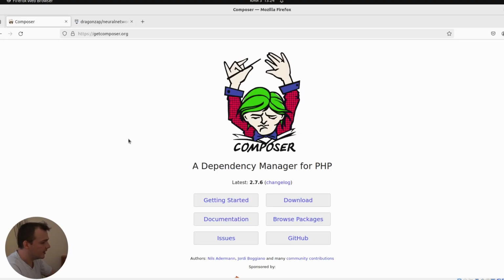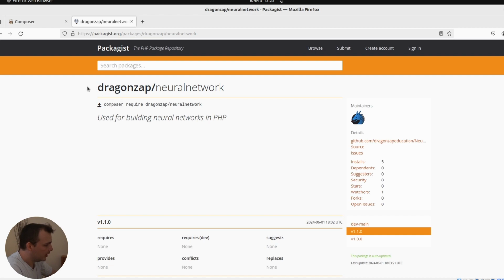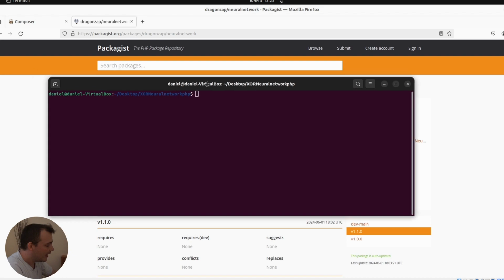Welcome everybody, and today I'm going to show you how you can create your very own neural network in PHP. Before we continue, you need to get the Composer dependency manager for PHP. You can get this at getcomposer.org. Okay, once you've done that, we're going to install the Dragons App Neural Network PHP package in a new folder